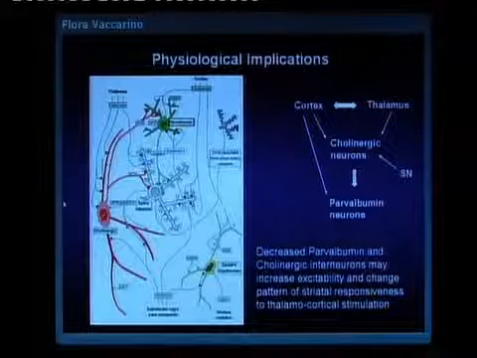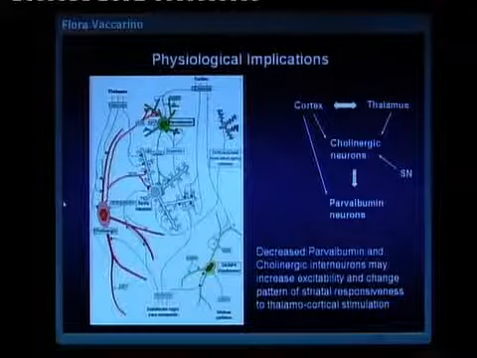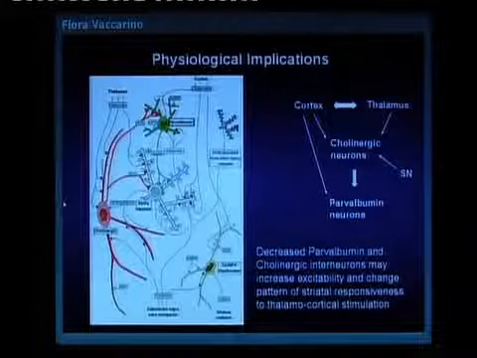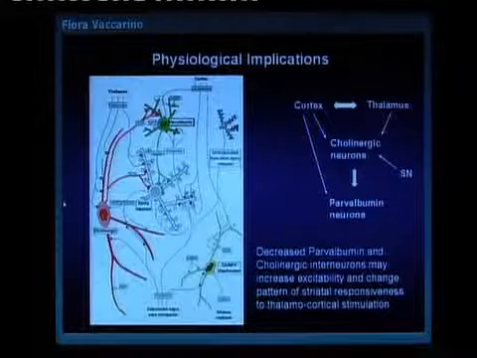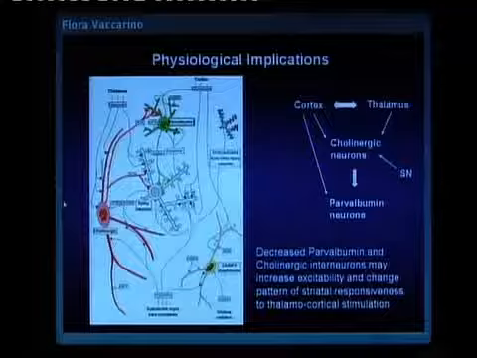And you can imagine that if these cells are decreased and these cells are also decreased, this may increase excitability within the basal ganglia and also change the pattern of responsiveness of the striatum to the stimulation of the cortex and the thalamus. So, considering this different localization of the defects, that the head of the caudate is more affected than the body, and the head receives information from prefrontal cortex, which is the area of the cortex